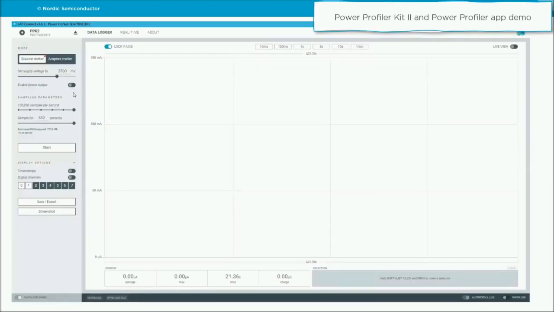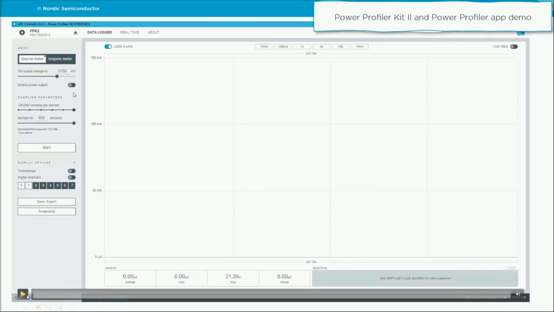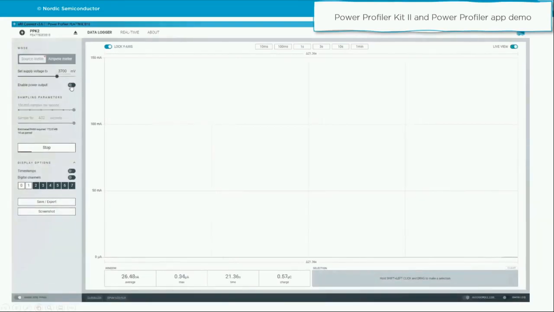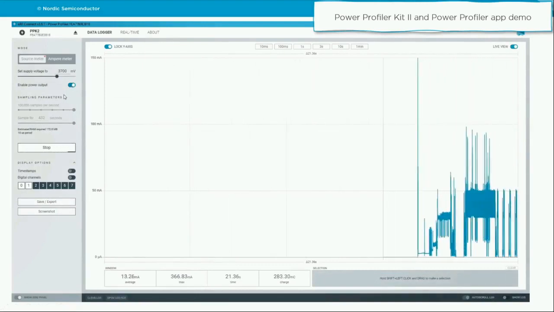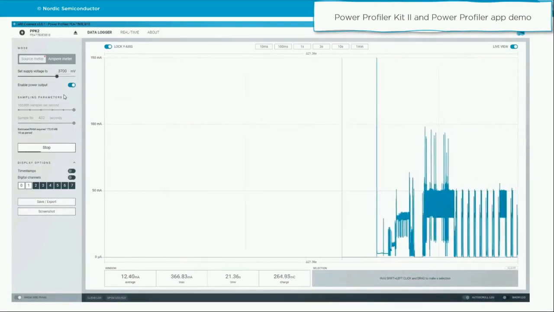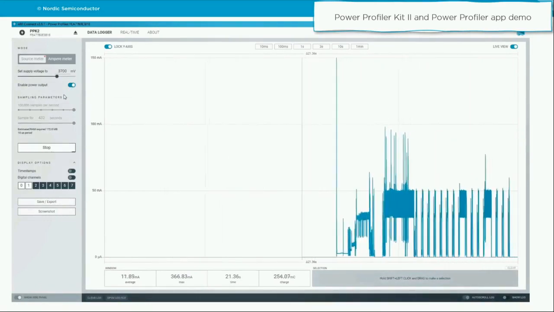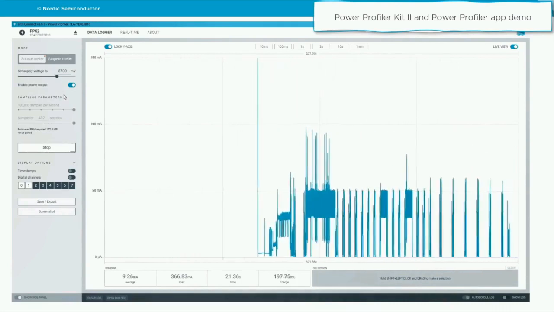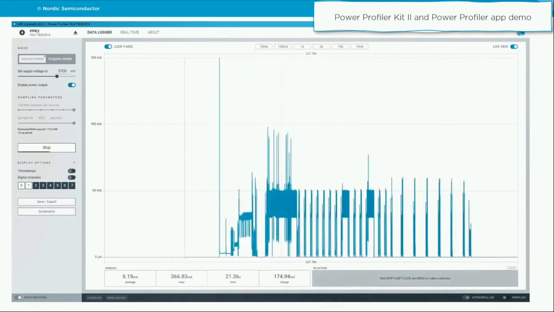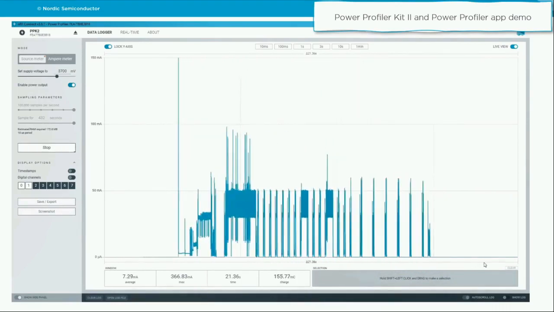So here is the Power Profiler kit in the demonstration, and we are running the Power Profiler application on nRF Connect for desktop. Here we just start capturing the data and we enable the power output. We are running the UDP sample that we have in the nRF Connect SDK. And we can see that the nRF9160 first searches the network, connects to the network, and then it sends around,